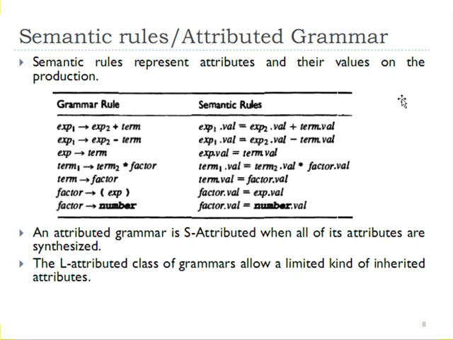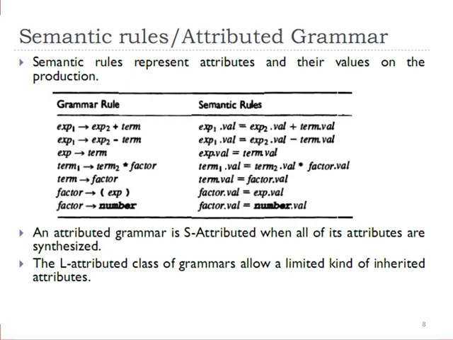When we are visualizing the relationship between those grammar symbols using tree notation, we can put expression 1 as parent, and under that parent we can specify expression 2 as the first child, plus as the second child, and term as the third child. So from this we can say that the attribute val is a synthesized attribute,